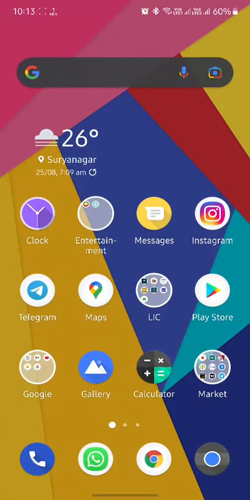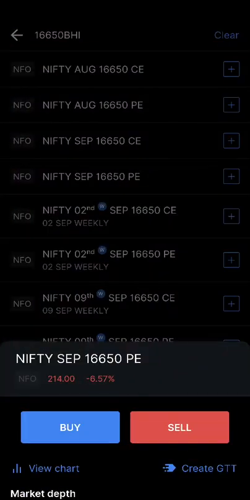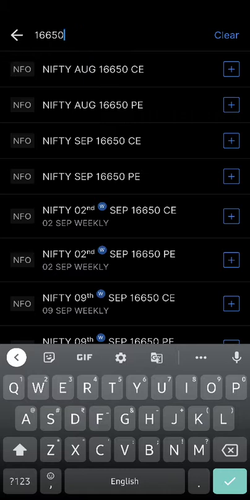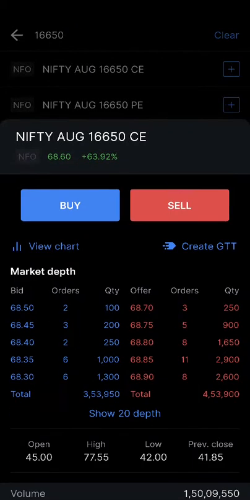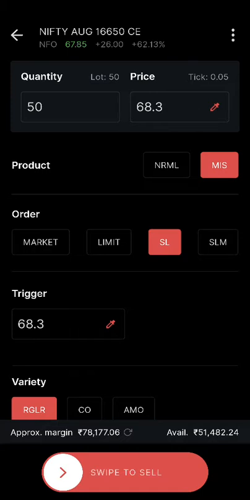Whereas in Kite it is just as simple as you search it, you just click it, and readily you get the price, you get everything. And if you form a trade form like an order form, then the settings which you make once will be saved as default the next time. So next time you don't need to change the settings.